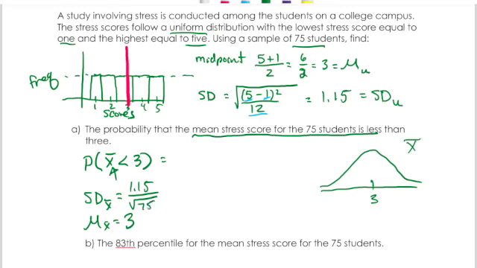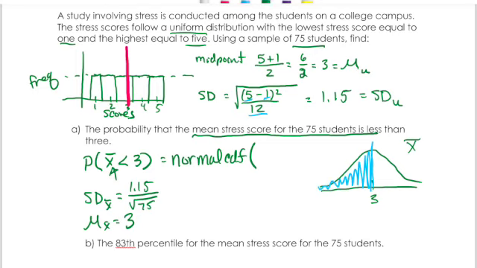So this is going to be our standard deviation. Now, because we're looking for where x bar is less than 3 and we can approximate it using the normal distribution, I'm just going to use my calculator and do normal CDF. I'm going to put my lower limit, which since we're doing less than 3,